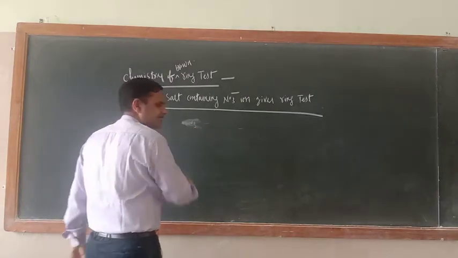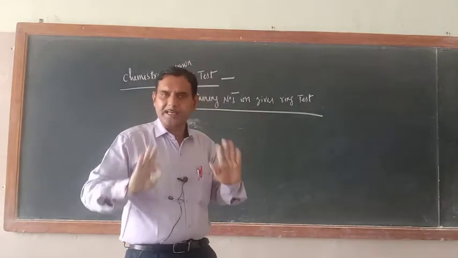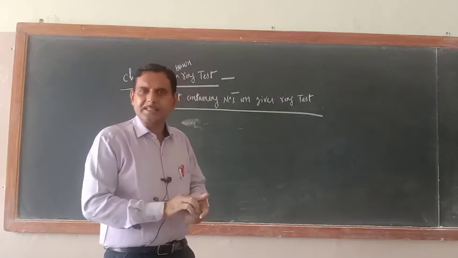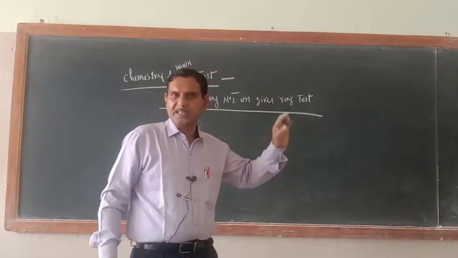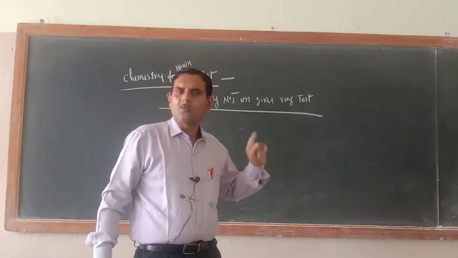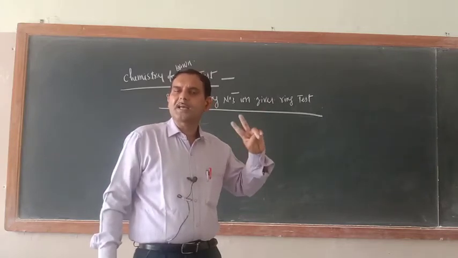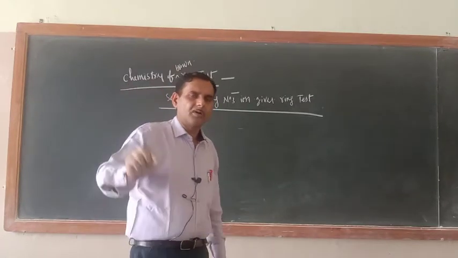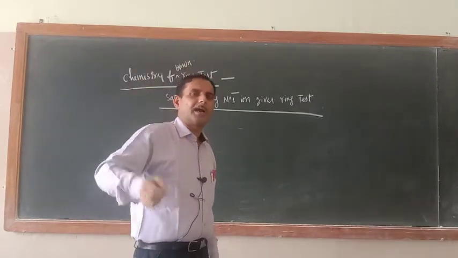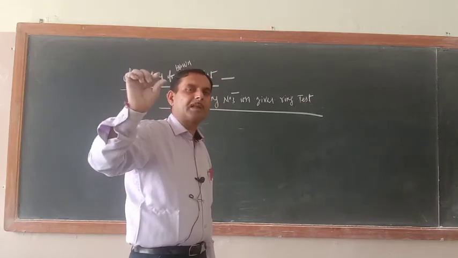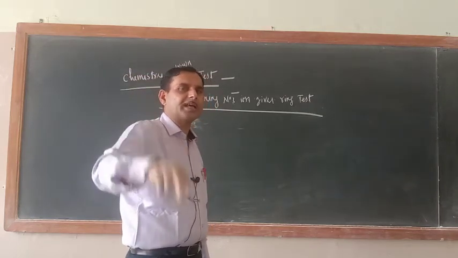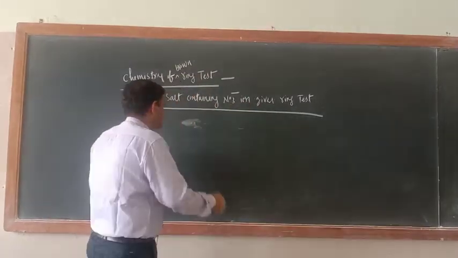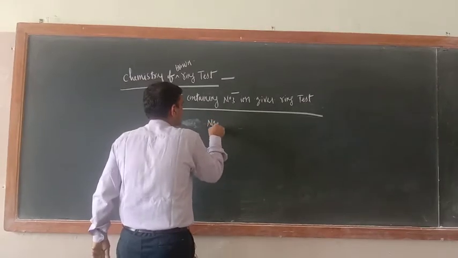Now first listen to the theory of how the brown ring test comes. Just see what you are taking. You are taking the salt in a test tube, especially its aqueous solution. Now what are you adding? A freshly prepared FeSO4 solution you are adding to that, and then you are heating it a little. After heating, with the help of the wall of the test tube, you are adding concentrated H2SO4. So how many chemicals have you taken? First you have taken NO3 with a single negative charge.